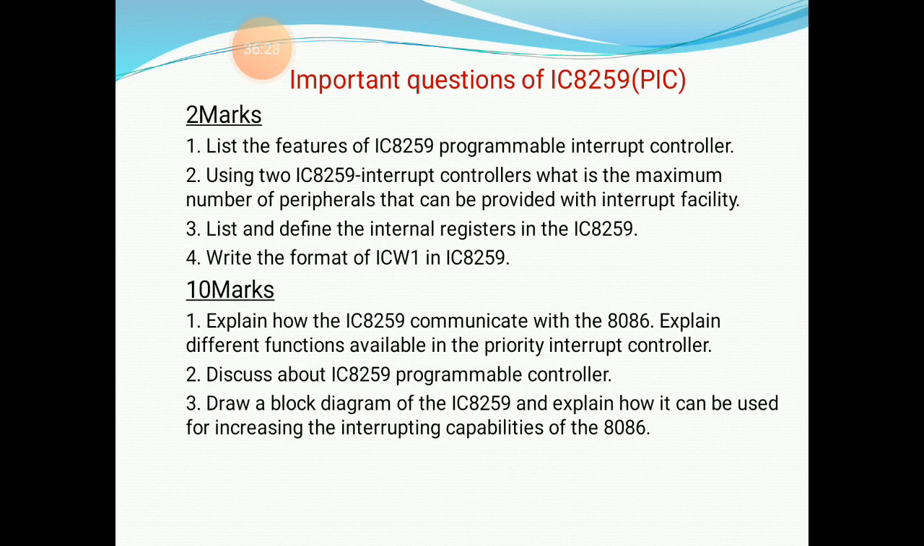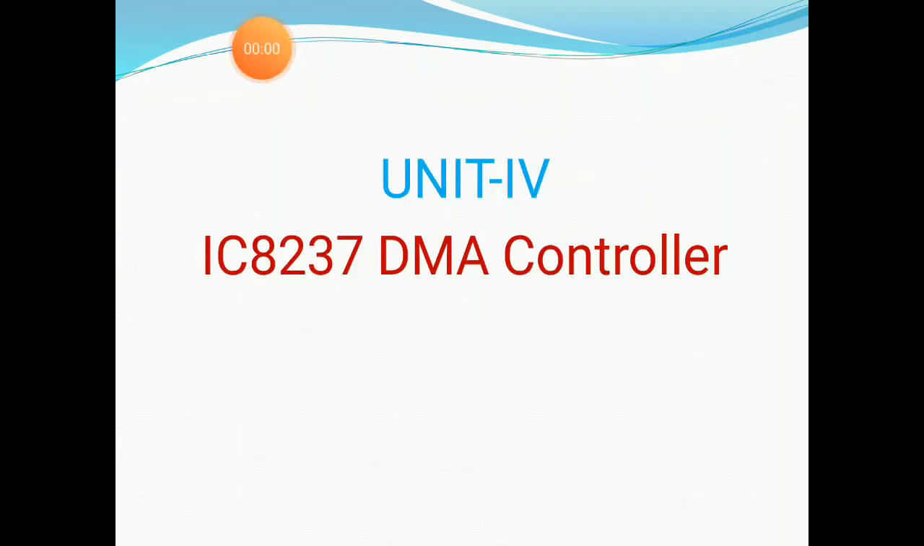Now let us see the 10 marks questions. Explain how IC8259 communicates with the microprocessor, and explain the different functions available in a priority interrupt controller. Discuss IC8259 programmable controller. Draw the block diagram of IC8259 and explain how it can be used for increasing the interrupting capability of 8086. So these are the important questions of this topic. Now let us discuss another topic,